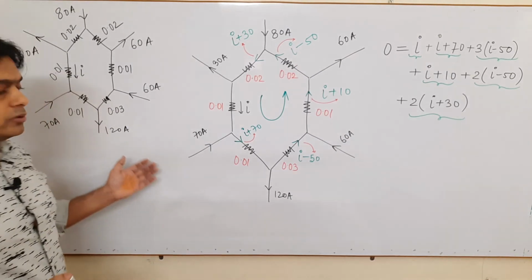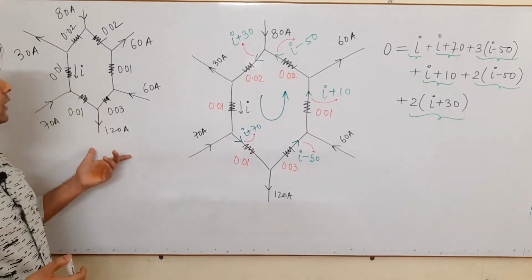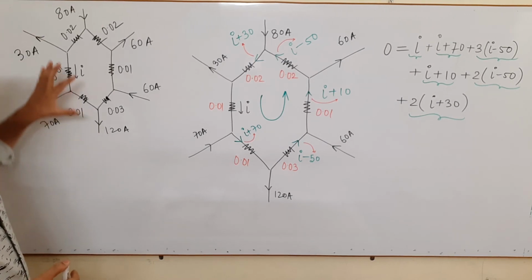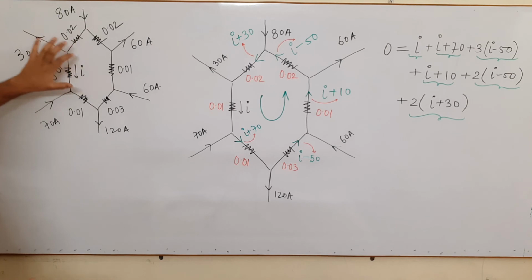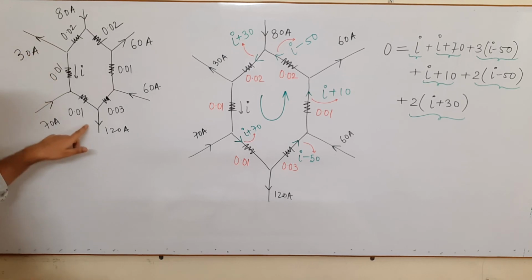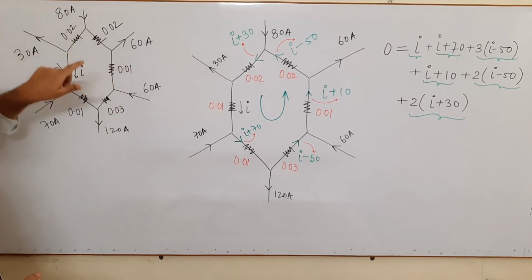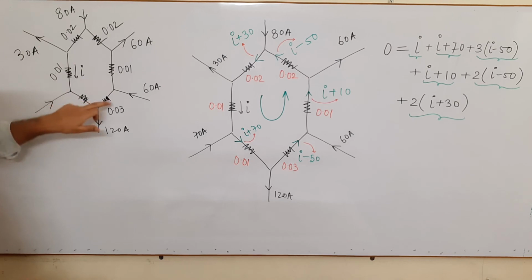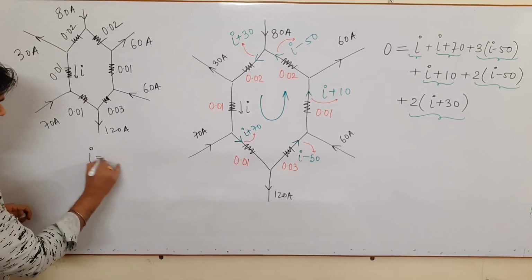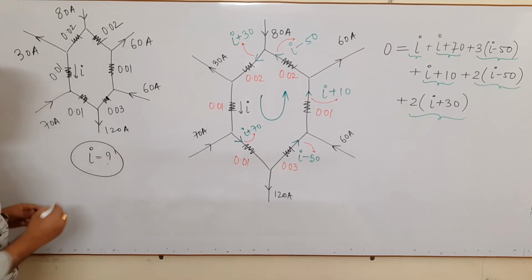Okay friends, we come to the next problem. I have taken this as our next problem. Here, if you see this circuit, there are different types of resistance. This is the current I. You will see these are the branches in which different currents are given, with these resistances. Okay. So you have to basically find the value of I. What is the value of I for this particular network?